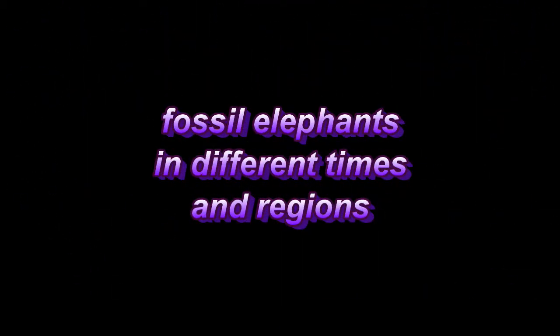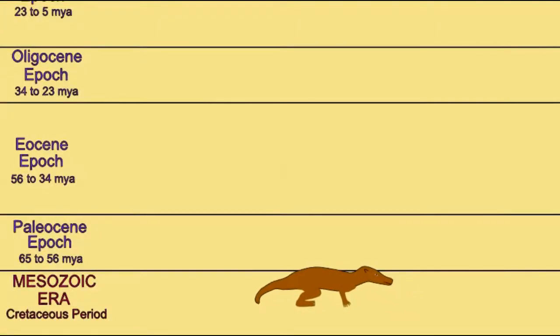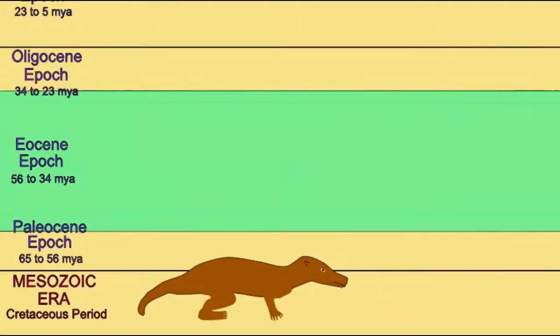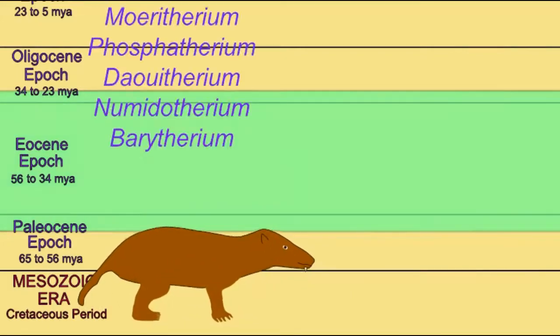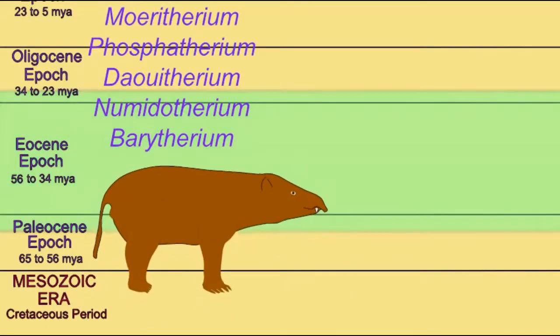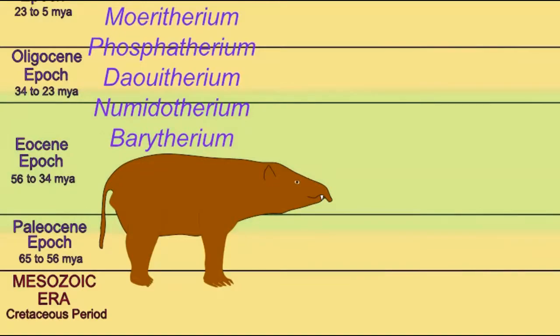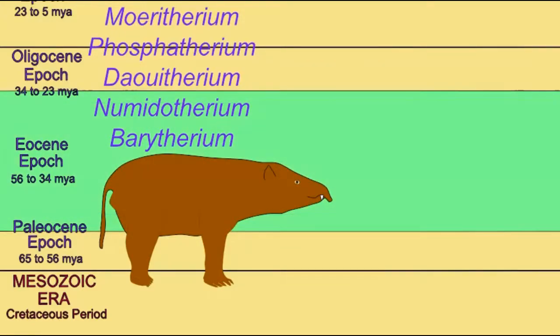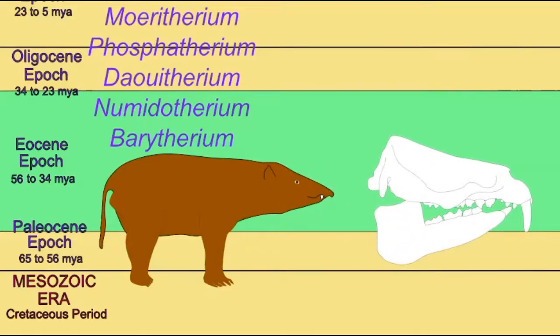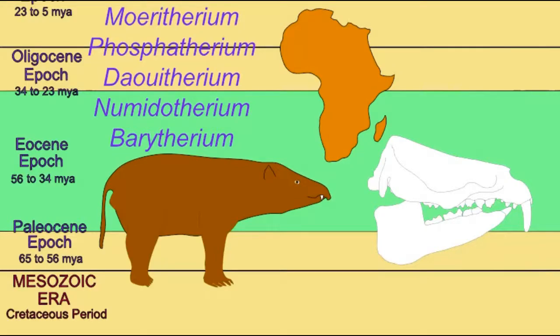While a great variety of fossil elephants have been known on Earth, all of them are confined to the Cenozoic era, the last 65 million years of Earth's history. For the first period of the Cenozoic era, the Paleogene, almost two-thirds of the Cenozoic era, elephants are known only from the continent of Africa.